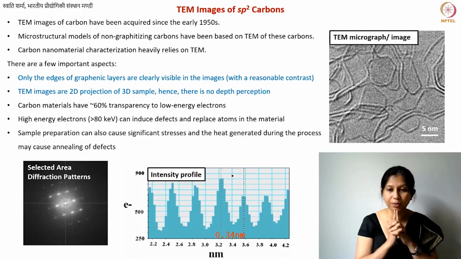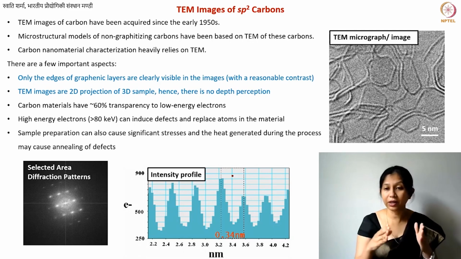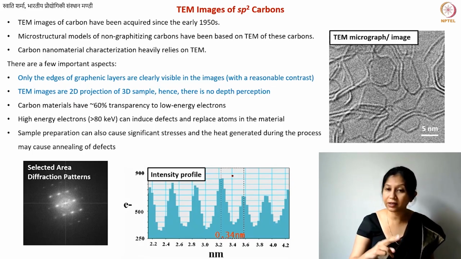So here in this case, you see 0.34 nanometer. Does that remind you of something? What is the layer separation? What is the d-spacing for perfect graphite? 3.3354 angstrom. Okay, so this is for perfect graphite. But if you have something between 0.335 nanometer and 0.344,